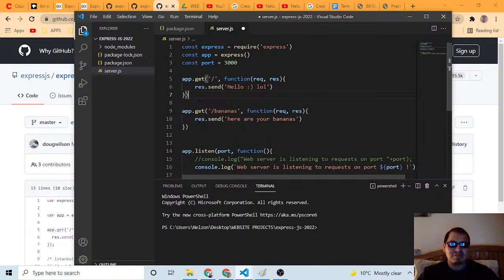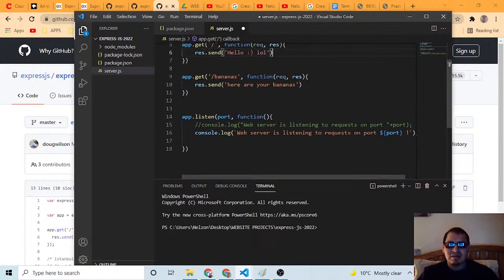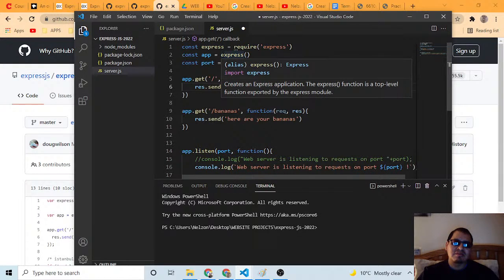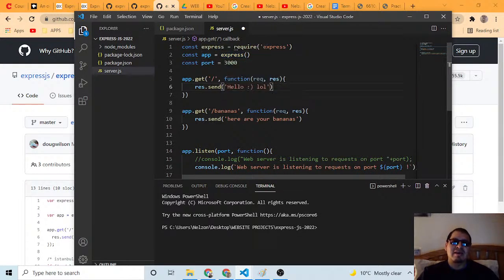I'm just gonna change this. No, I'll just leave it in. I'll just share this and leave it somewhere. So basically, I required the module, I called the function, I got the object, and I created a port.